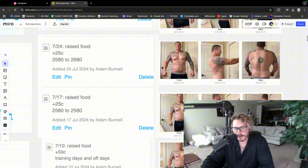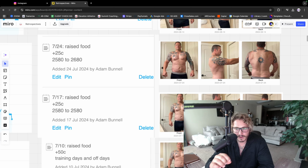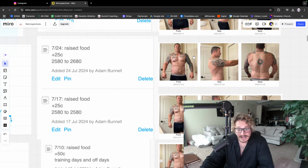And so what I'm looking for right here in his physique is minor changes when we gave him carbohydrates. Because once you have the correct intake of protein, carbs, and fats, and you start to add in certain macromolecules, you can see very well changes in the body. You can start to learn how your client's body works, right? I could tell right off the bat that Nathan, his body was loving carbohydrates, and he was getting leaner significantly,